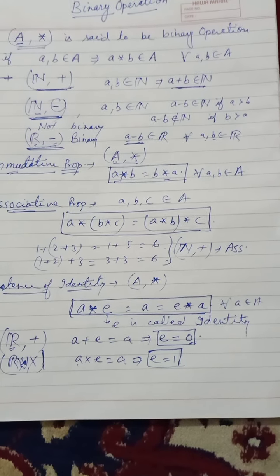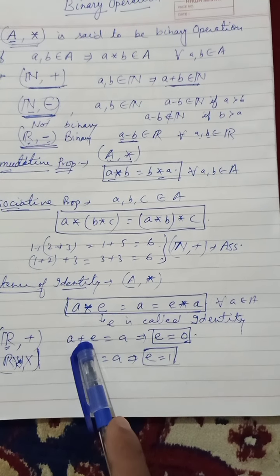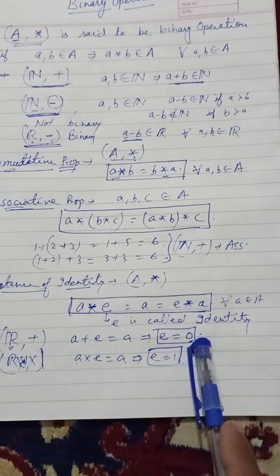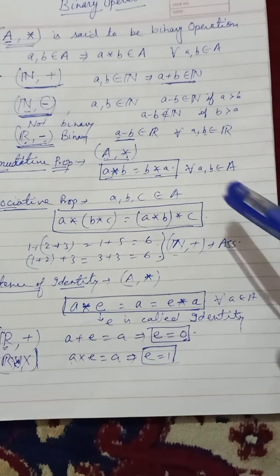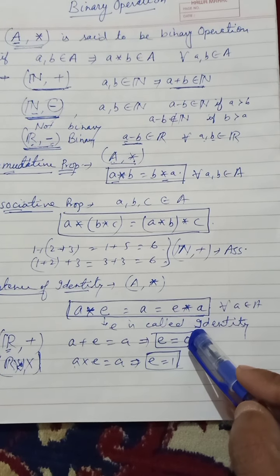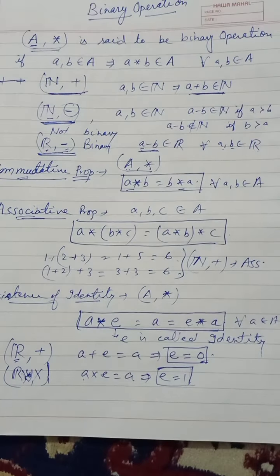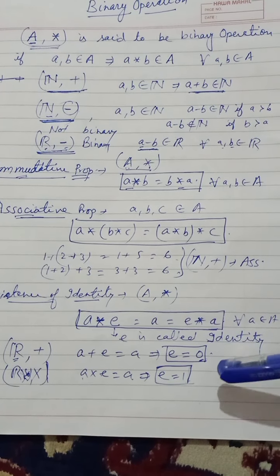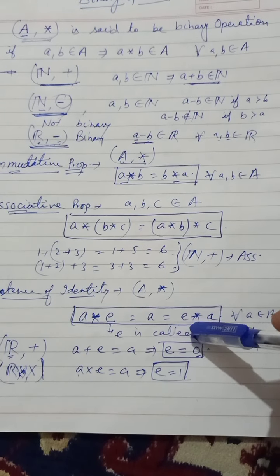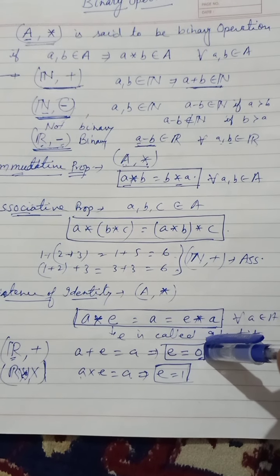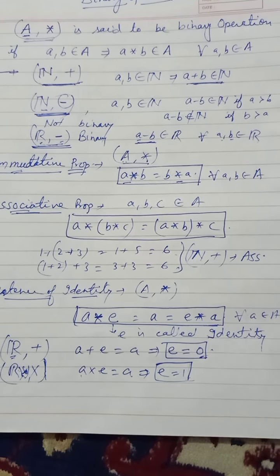Okay. So first we take addition. A plus E is equal to A. That means E is equal to A cancel, that means E is equal to 0. That means with respect to addition, 0 is the identity element. But in the set of natural numbers, it doesn't belong. That means if we are given the set of natural numbers with addition, then we say that identity doesn't exist. But if in place of natural numbers we take the set of real numbers, then 0 always exists. Okay, 0 is a real number. So real numbers with addition always have an identity element.